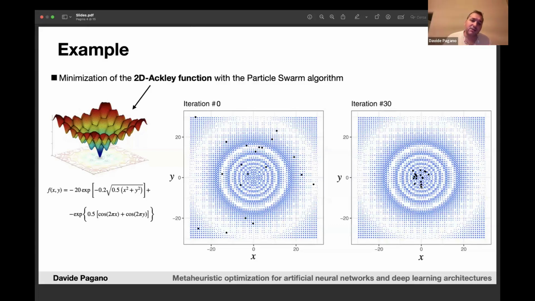Of course, the larger the population and the larger the number of iterations, the closer you get to the global minimum. The drawback of this is, of course, the computational time. One thing which is important to mention here, in case you are not familiar with this family of algorithms, is that because of their heuristic nature, metaheuristic algorithms can never guarantee to converge to a global minimum, not even for convex functions. So we can get very, very close, but there is no guarantee that we converge to the global minimum.